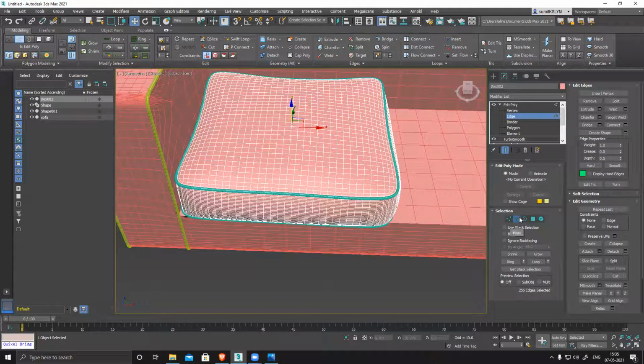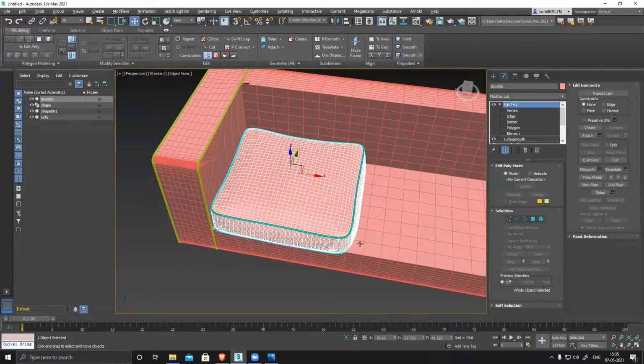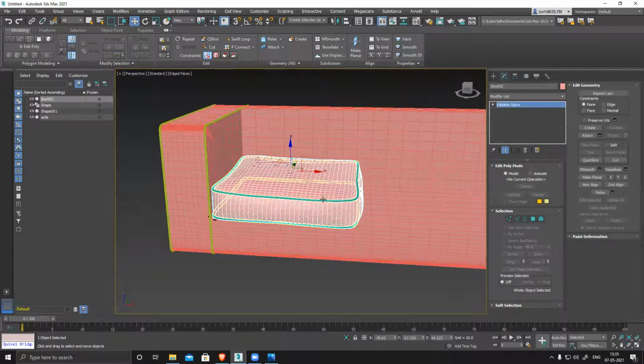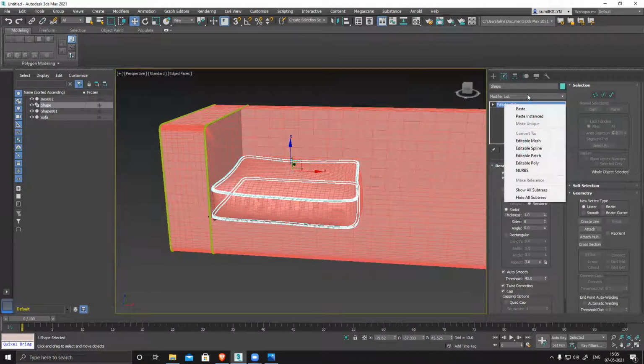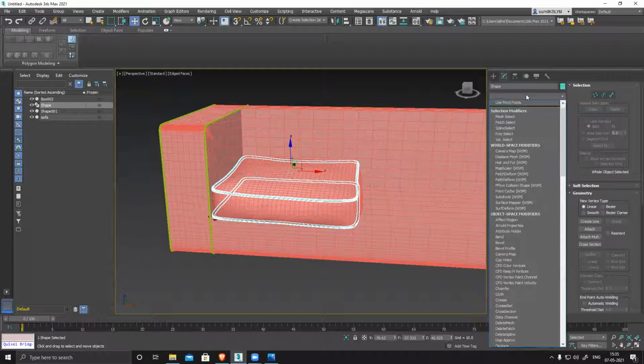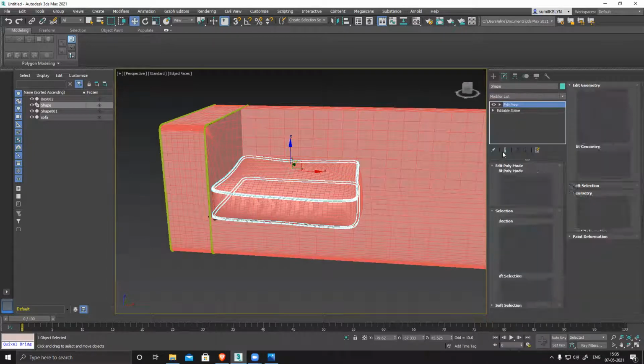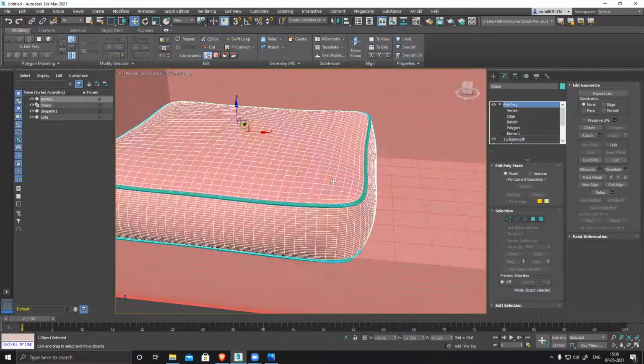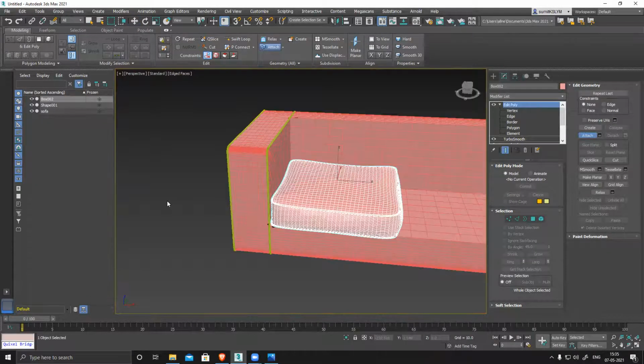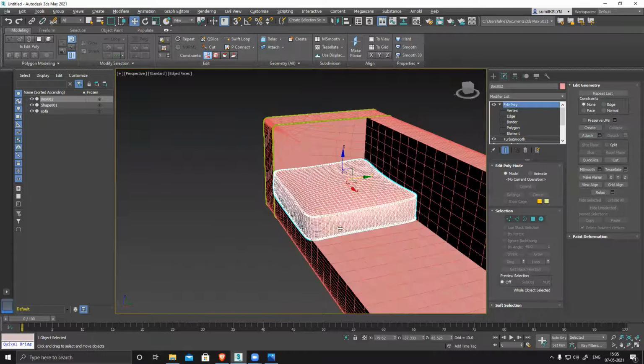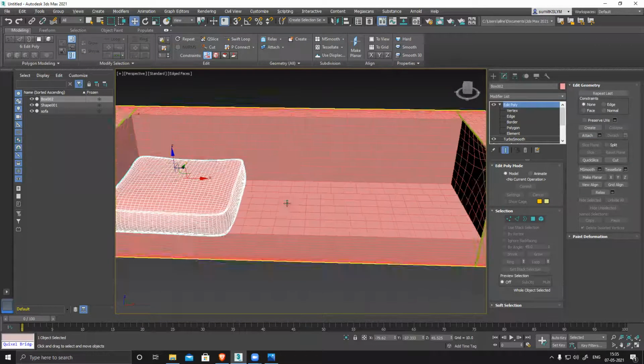So now you can see it's perfectly correct. Now select the shape, right click, you can apply edit poly on this also if you want, or you can just simply select this, attach this, so it will automatically become a poly. Now your surface is ready.